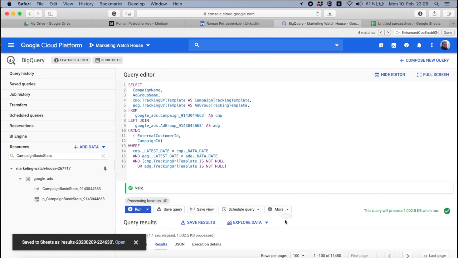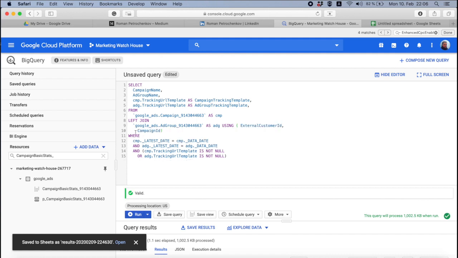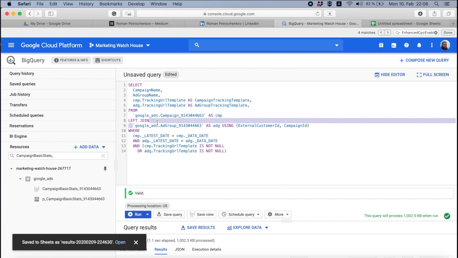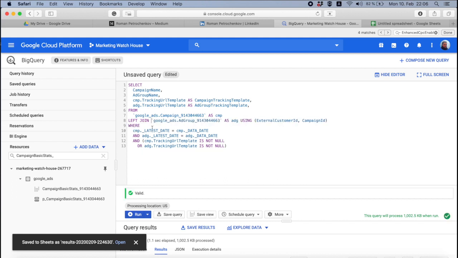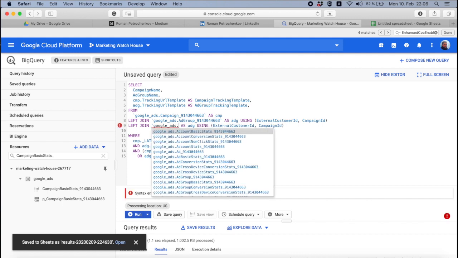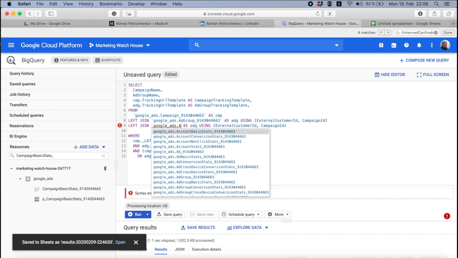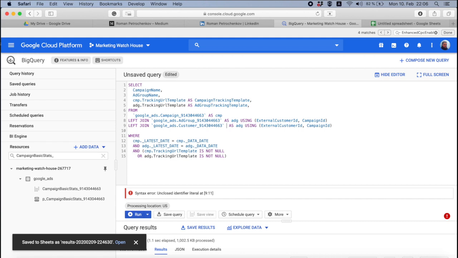If you want to join more data, for example, you want to see account level data, let's bring it up here. Let's make code a little bit more compact. So this is left join. I don't like when it all has a lot of different lines. I just copy this line, add it here. I delete this part, and account information is in the customer table. It's going to be called